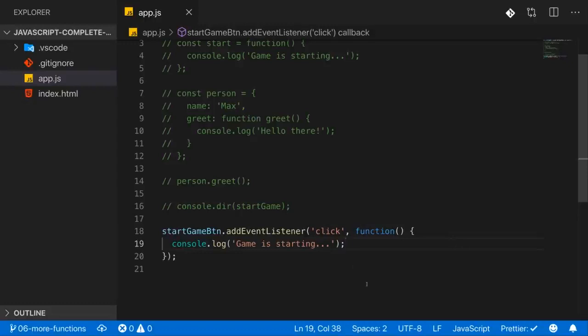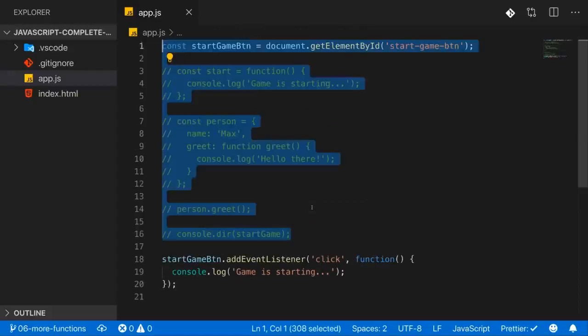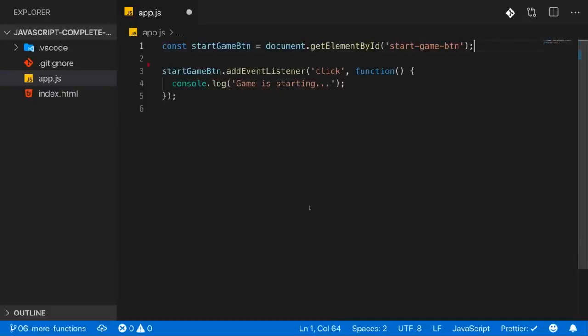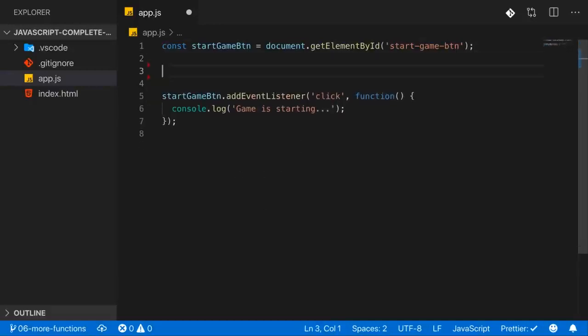So thus far we haven't progressed too much into our game, so let's work on that. I'll get rid of that old code up there, the commented out code, so that we just have our event listener and so on. And now in between we need a couple of other functions which we can kick off when our game starts. When the game starts, we want to let the user choose whether he wants to use rock, paper, or scissors. That's the game, right? Now, for that, we can add a new function, and I'll use that approach where I